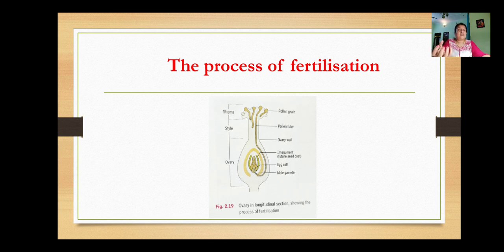Now after pollination, once the pollination is over, the process of fertilization starts. Now what is fertilization? Fertilization is the fusion of the male gamete. What is the male gamete, children, here? In case of plants, the pollen grains, okay. What is the female gamete? The ovules. So it is a fusion of these two gametes to form the zygote. So it is a process in which the fusion of the male gamete as well as the female gamete takes place to give rise to the zygote.